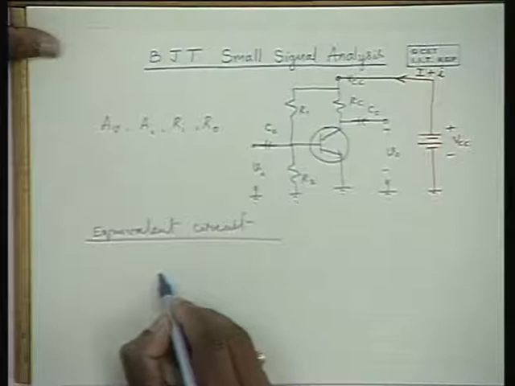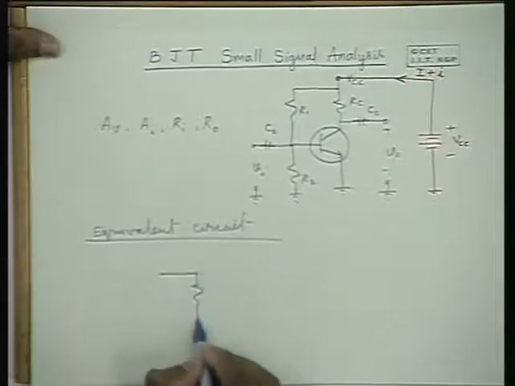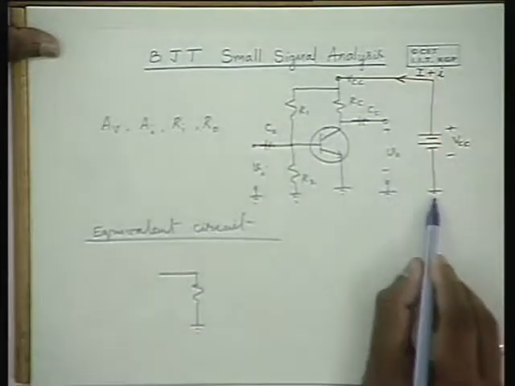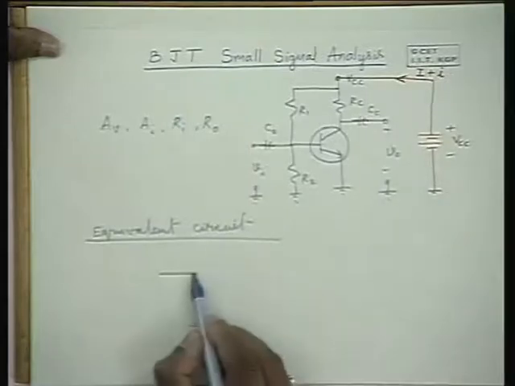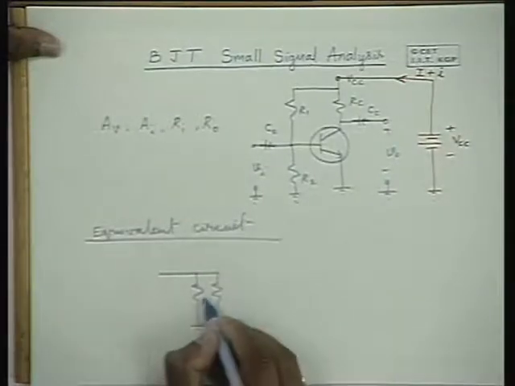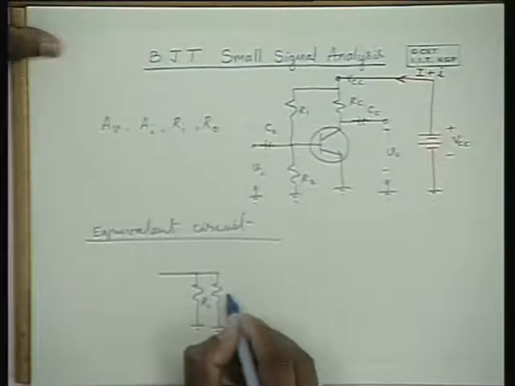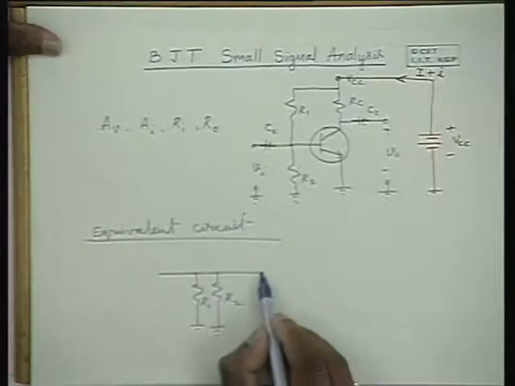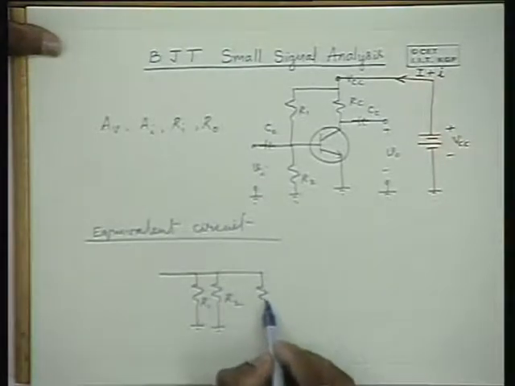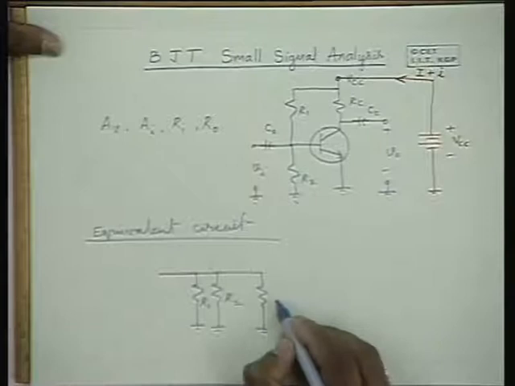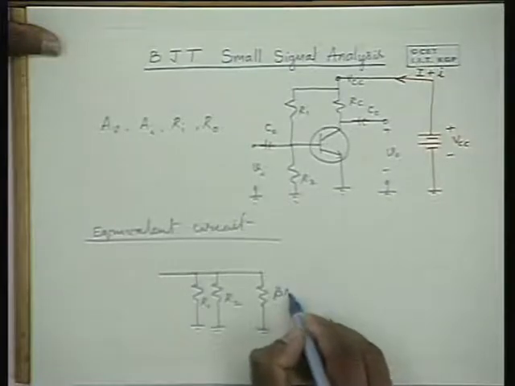So we have here the input, and we have R2 to the ground, and R1 is also shorted to the ground because we replaced VCC by a short circuit. Therefore, R1 is also coming in parallel with R2. And here you have a resistance between base and emitter in the transistor model. So this is beta Re,